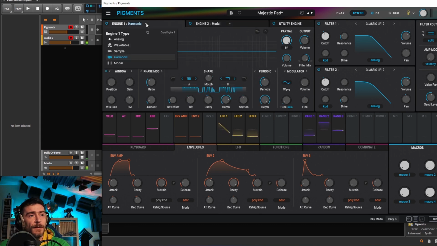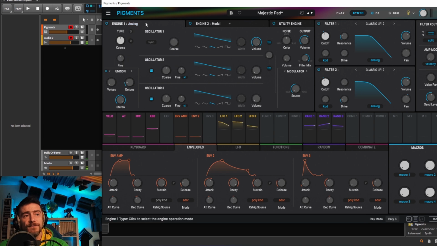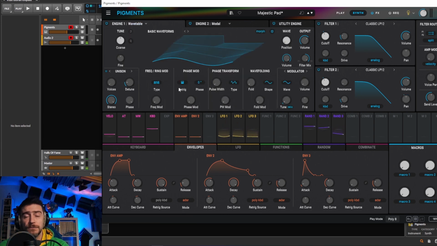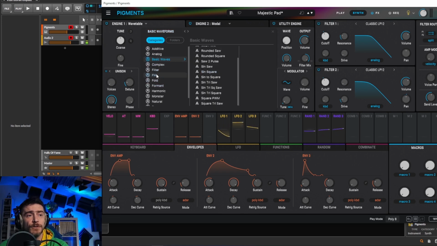And these also offer the more traditional approaches, like this analog, which is basically a sort of a mini Moog-like oscillator block with some FM and added bells and whistles. And there's this wavetable, where there's plenty of ways to mangle the waves, and a lot of wavetables, really a lot of wavetables, all sorted up into categories, but